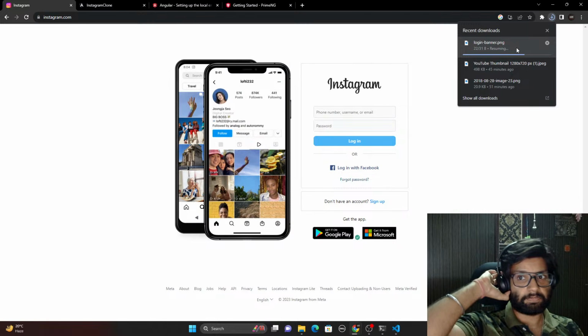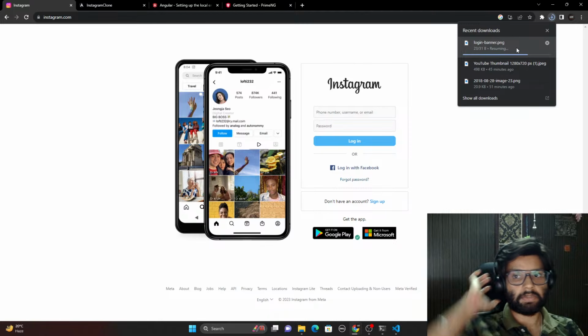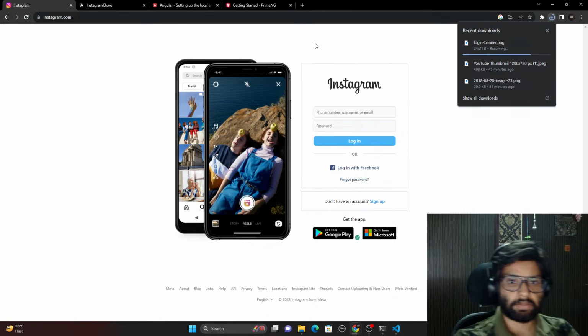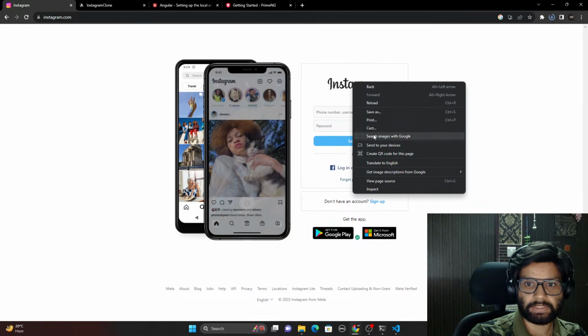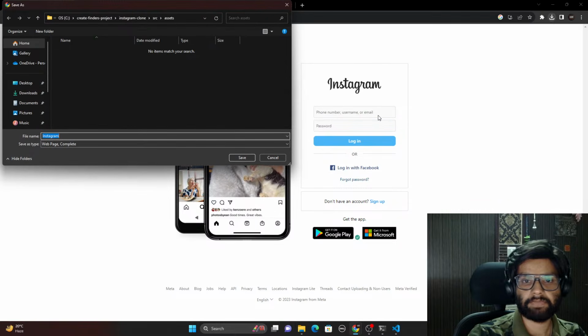this file is taking some time to get saved. Let's make this saved. Till now, we can also grab this Instagram logo, save this file, and we can